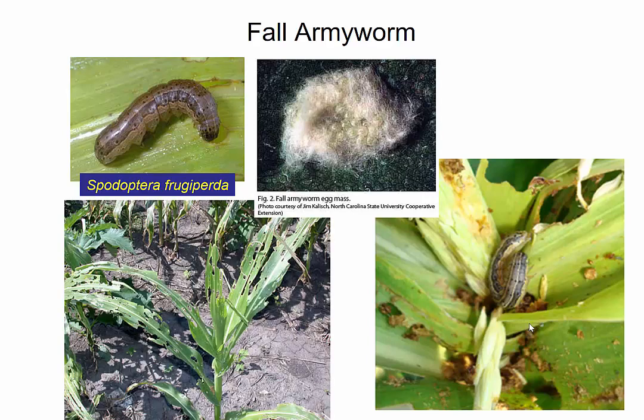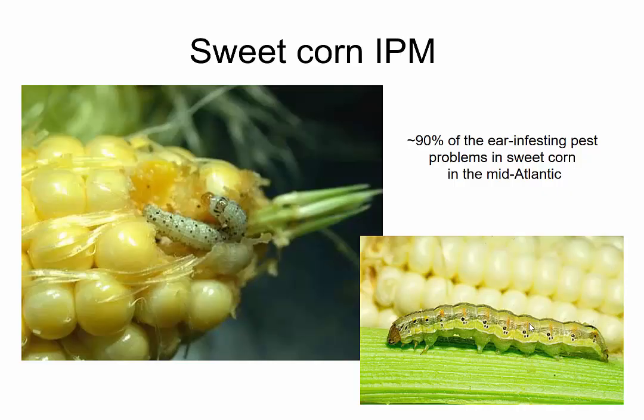But the one thing it does give you is a heads up. If you're growing corn, and a lot of times it's late corn, because this thing is coming late, and you start to see this shredding, look out. That's fall armyworm. It's going to hit that whorl stage corn first and let you know it's there. You got to control it. It's going to get in the ear as well. So fall armyworm will at least give you a heads up,